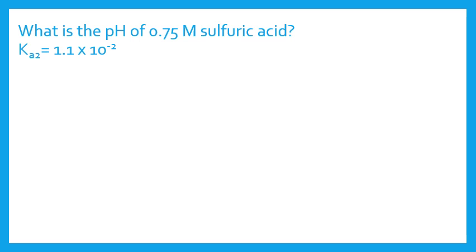So this is a polyprotic acid question, specifically a diprotic acid, because we know sulfuric acid is H2SO4. So we are trying to determine the pH of a 0.75 molar solution of sulfuric acid. What I'm going to first do, which is what you should always do for these questions, is write your equation. So we have H3O plus and